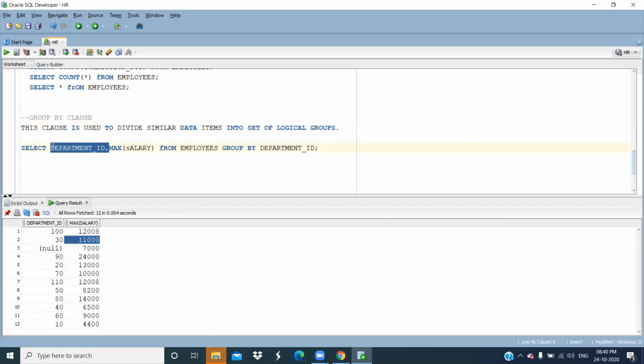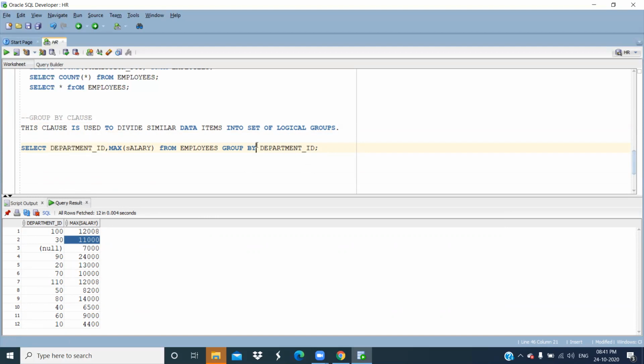If I want the first name, then what will I do here? Instead of department name, we have to keep the first name. We can't write like this. Why? Because if you are using the group by clause, whatever column is written in that group by clause, the same column only can be written in the select clause. We have to change on two sides.